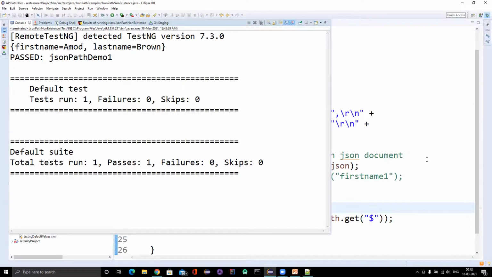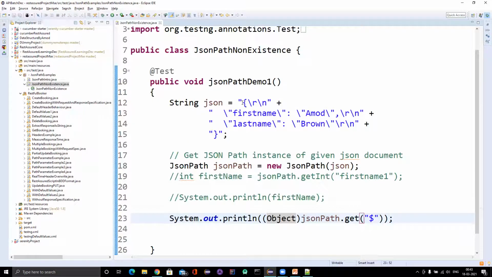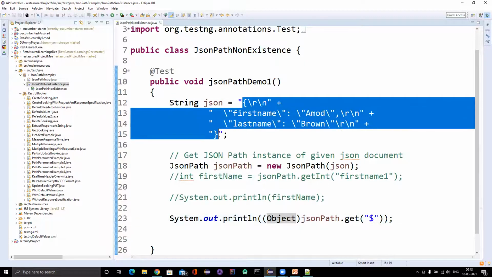What I told you is that the root node, by using the dollar symbol, holds the control of the root node, right? That is called the root node. So if you use this as a JSON path, you get the whole JSON object only. That proves that the dollar represents the root node.